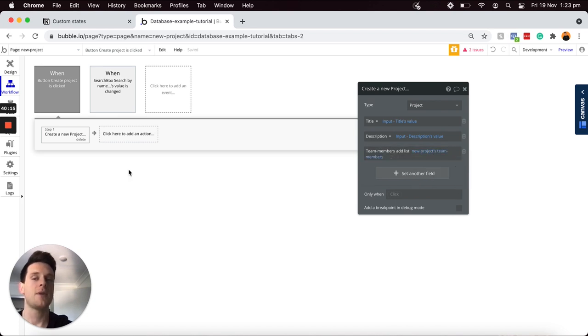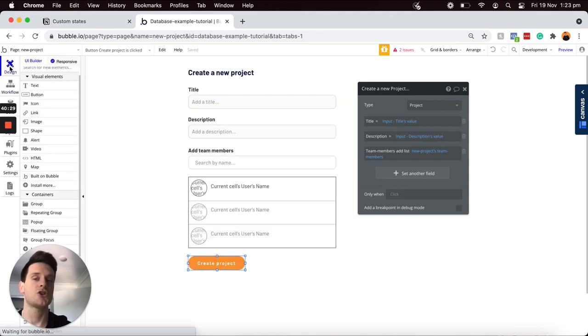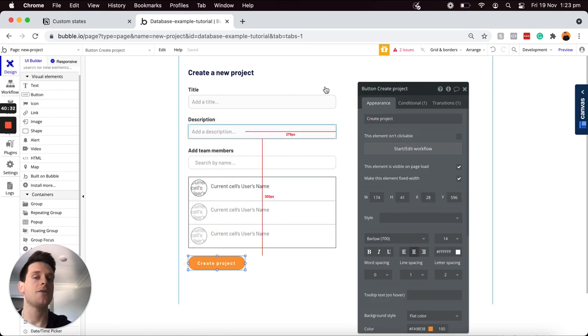And then of course from here, if you wanted, you could create something like a redirect event or even just display an alert message. But for the sake of our tutorial today, I'm just going to leave that blank, because what I would like to do now is show you a quick preview as to how the custom state